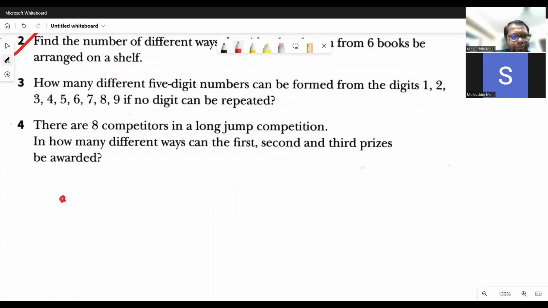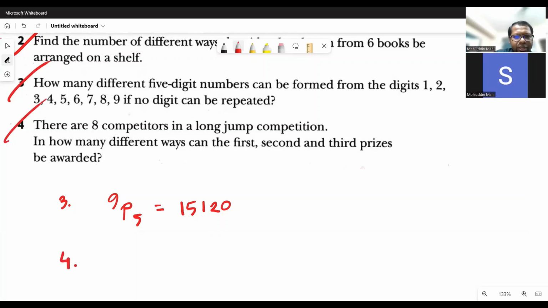Question 3. How many different 5-digit numbers can be formed from the digits 1, 2, 3, 4, 5, 6, 7, and 9 if no digit can be repeated? So that's simple. 9 digits are available and we have to pick 5 digits. So 9p5, it's going to be 15,100. So that's quite simple. In question 4,